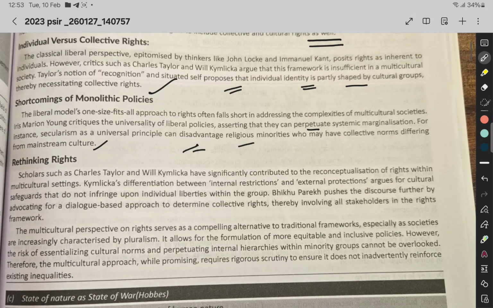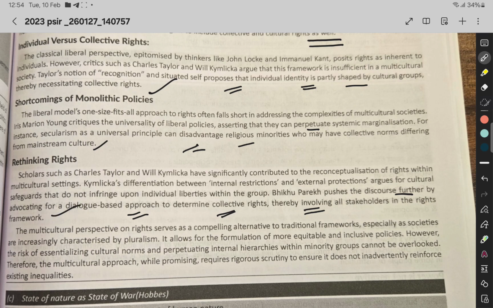Now, rethinking rights. Scholars such as Charles Taylor and Will Kymlicka have significantly contributed to the reconceptualization of rights within the multicultural setting. Kymlicka's differentiation between internal restriction and external protection argues for cultural safeguards that do not infringe upon individual liberties in the group. Bhikhu Parekh pushes the discourse further by advocating a dialogue-based approach to determine collective rights, thereby involving all stakeholders in